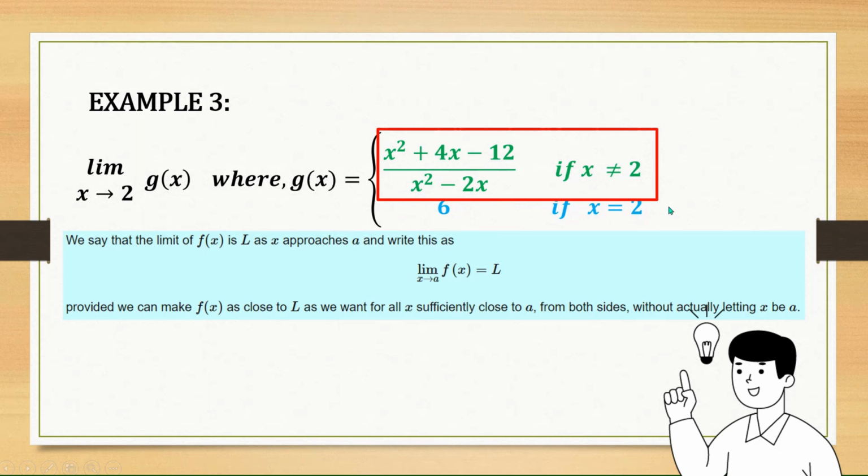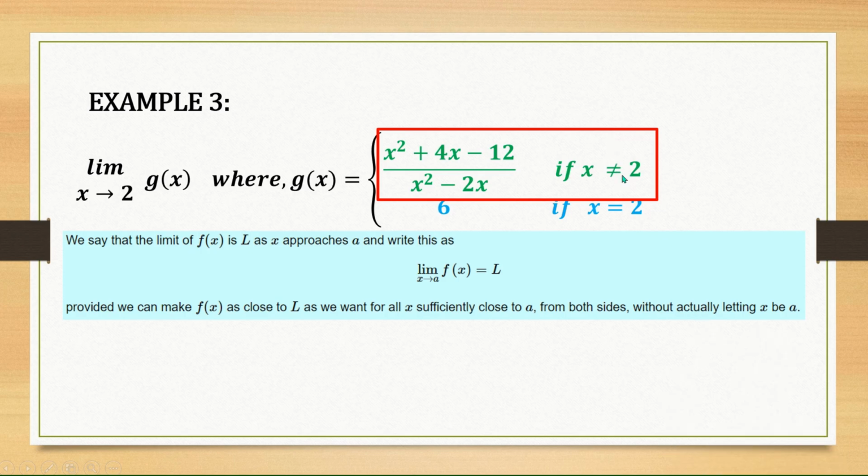We are only interested in the values of x approaching 2, or beside 2, from both sides. So we will evaluate this limit only with this function. Okay? Klaro ba? Gets na yan, right? So,